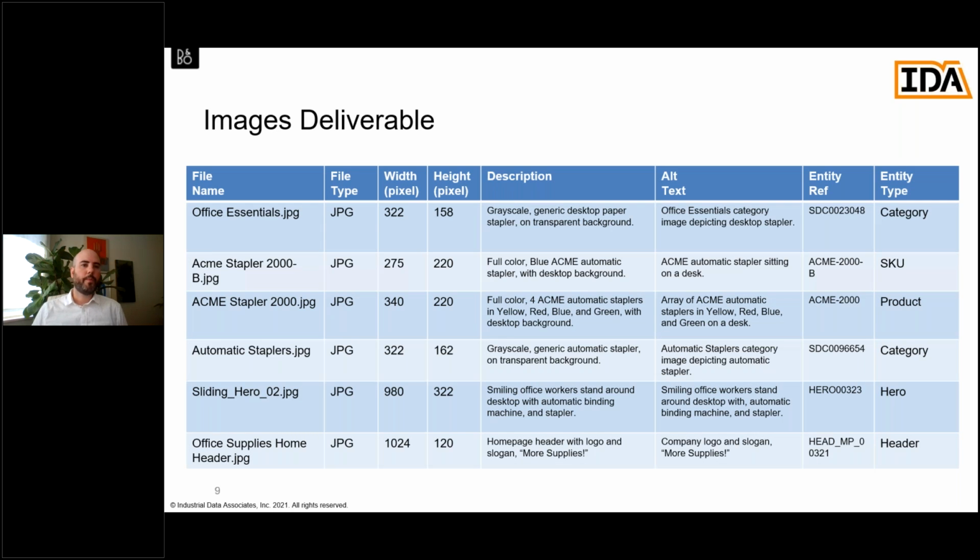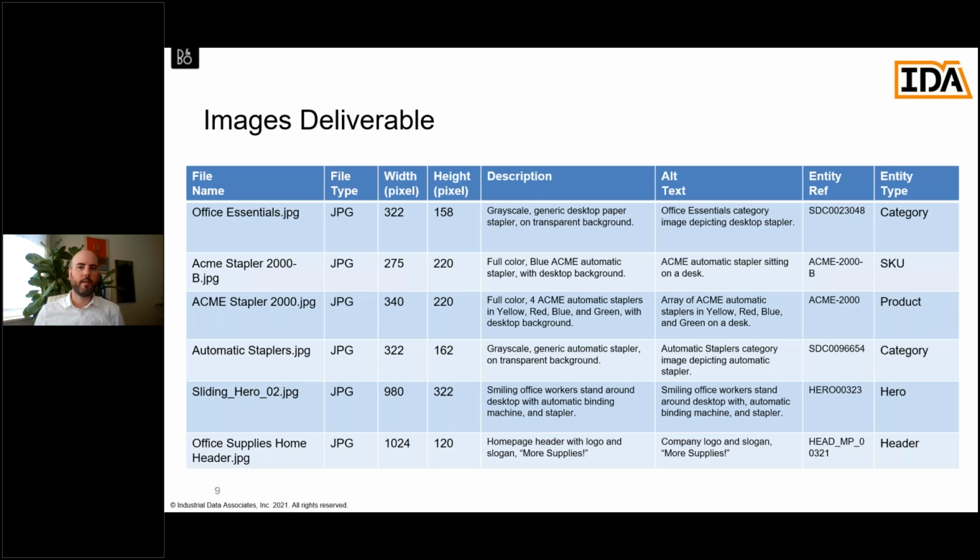So when we prepare images to put into DAM, this is an example of what that might look like, what the work that IDA might be doing to prep those images and make sure metadata is completely filled out. Now, obviously, this is an example, so you're going to have more columns with additional metadata fields in a deliverable, as well as more rows when you have more than just the 6 image examples here. But there are some things that I also would like to call out on this slide,